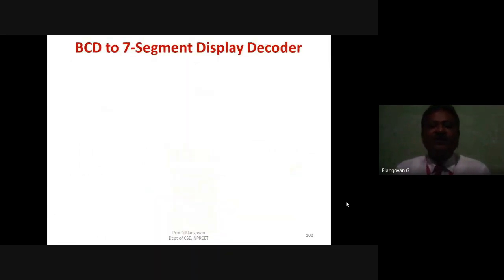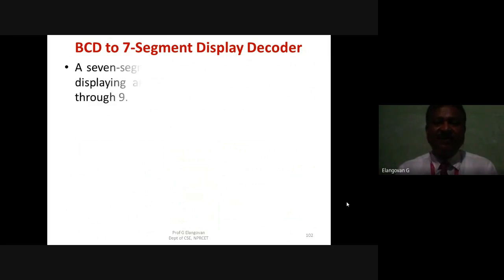And this is one case. Sometimes it will be called the BCD to 7 segment display code converter, or sometimes it will be referred to as a decoder. Both are the same. Depending on what they mean: if they mean converting from one form of code to another form of code, we can call it a code conversion, and otherwise we can call it a decoder. Most frequently it will be called the 7 segment display decoder, since the codes are required to drive the 7 segment display to display our required digital number formats.